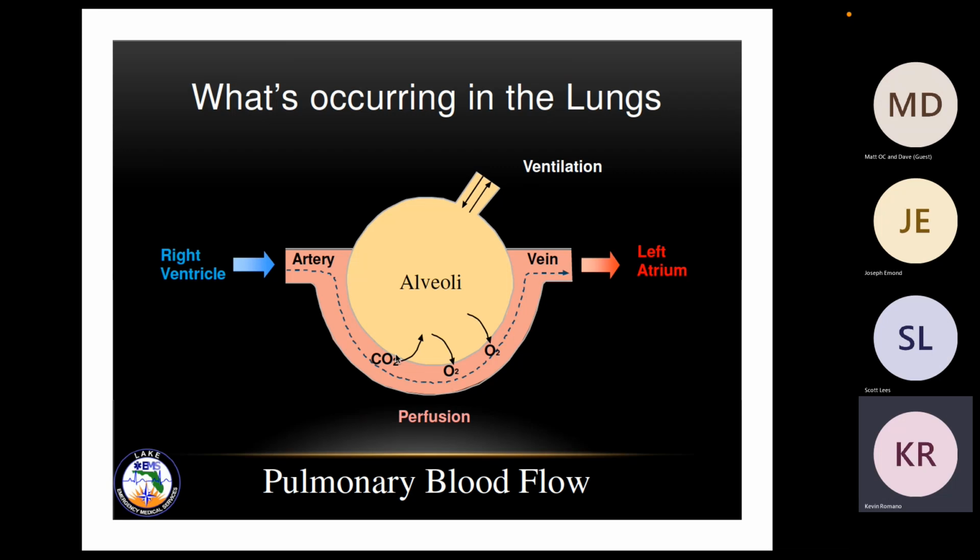We have the right ventricle pumping deoxygenated blood into the arteries. As it's circulating through diffusion, carbon dioxide is pushed into the alveoli, and through diffusion, oxygen is going back into the circulatory system, right, through the vein into the left atrium, where the left atrium then pumps it through the valve into the left ventricle, which then pumps it out to the body. That's going to be our pulmonary blood flow,